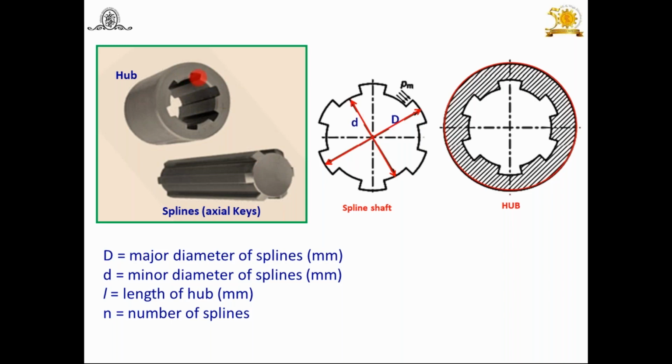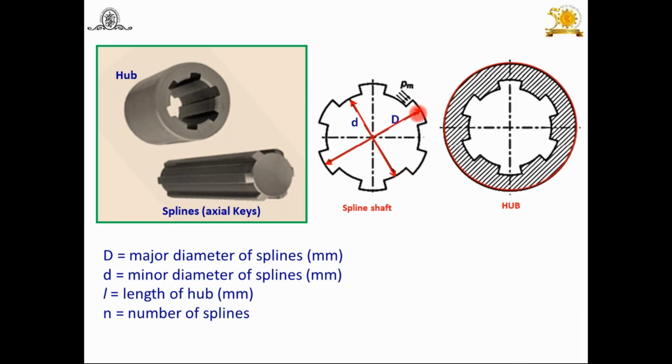So at this portion, the slot of the hub and the key portion of the shaft, or splines, come in contact. And during the transmission of the torque, you will find bearing pressure plays an important role. Which pressure? Bearing pressure. The bearing pressure is the criterion in this case while designing. So what we have to do? We have to find this effective area to transmit the torque on these splines. So what is the effective area? Look at the cursor. This part, this part, this part, that we have to take into account.